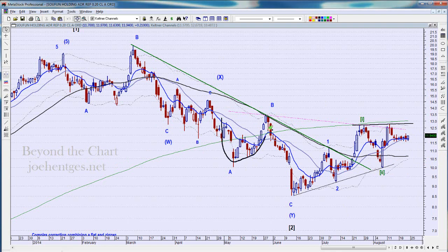There's a possible head and shoulders, which is why I've got this dotted line across the neckline. And so if that goes, then that will happen. There is a possible, and you see this dark line I've got here, a possible little cup and handle, that if this goes,